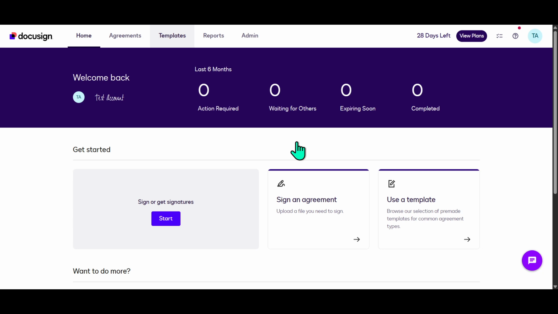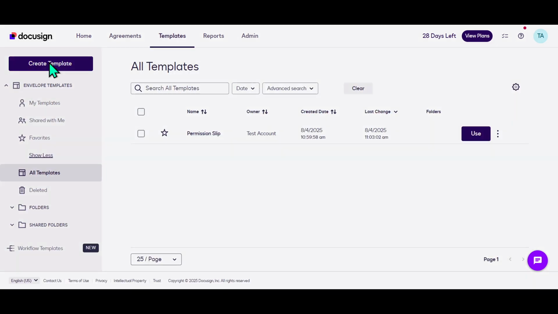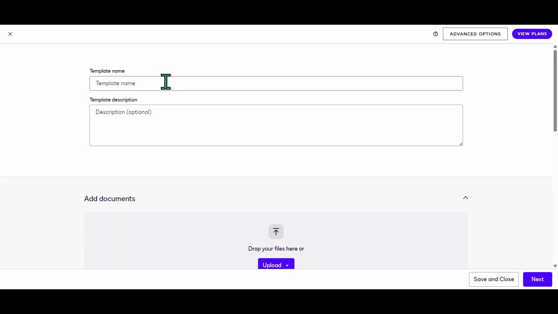With the Templates tab open, you'll see an option to create a new template. Go ahead and click on Create a Template. You'll then be prompted to add a name for your template. Be sure to choose a name that clearly identifies the purpose of the template, so it's easily recognizable in the future. In addition to the name, you'll want to add a template description, which provides more context and detail about